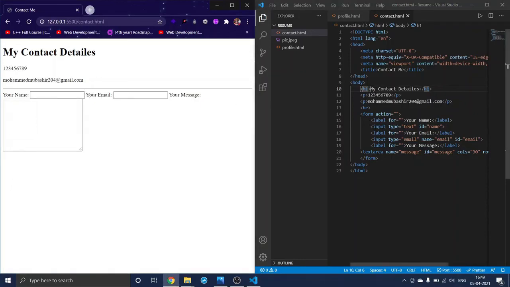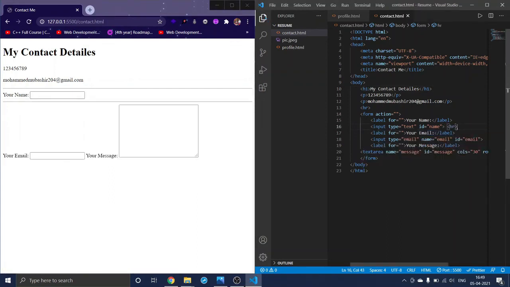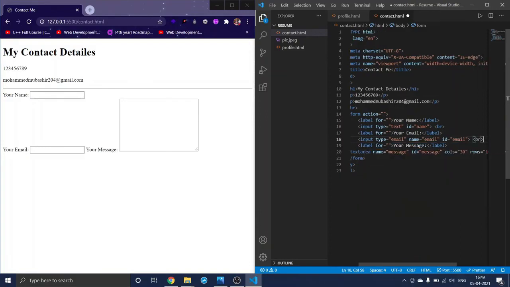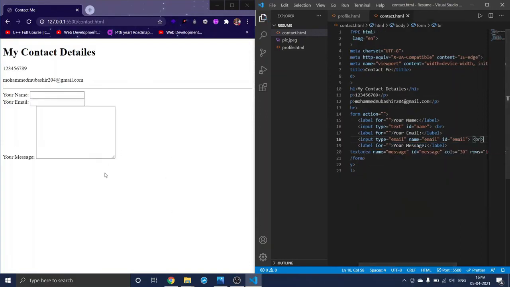So for that I will use an hr tag, and when I save this, okay, so not hr, I will be using the br tag, and again I will be using a br tag here, and when I save this, yeah, this is right.